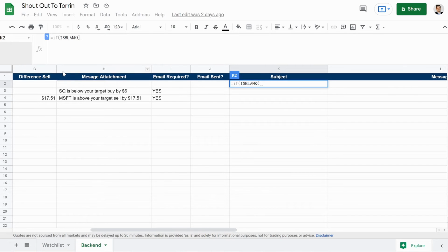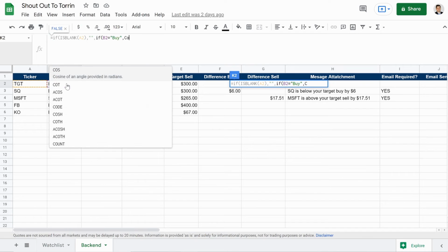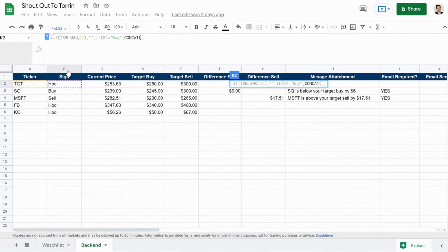And what we're going to want to do is select right here, A2, which for me is target. Close that. We're going to hit comma, quotation, quotation, comma. IF, then what we want is B2 equals, and then in quotations, buy. So if B2 equals buy, comma, CONCAT. So there's CONCAT, GOOGLEFINANCE. So there's GOOGLEFINANCE, and then we're going to want to do A2 again. So you're going to select A2, comma, name,